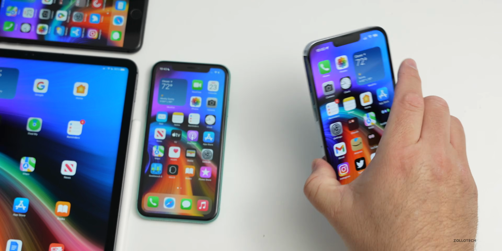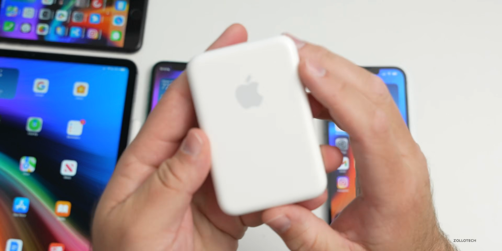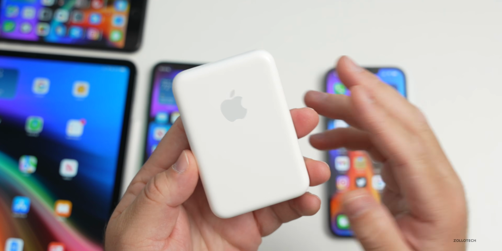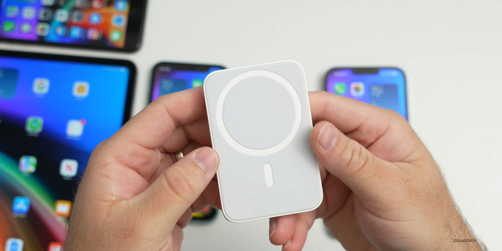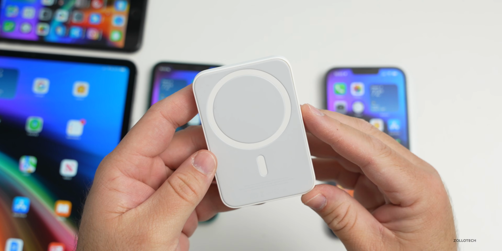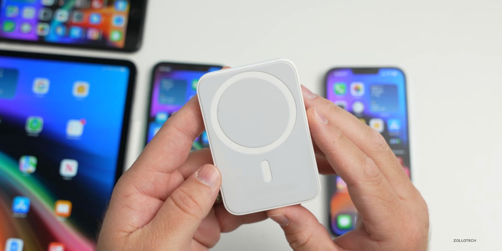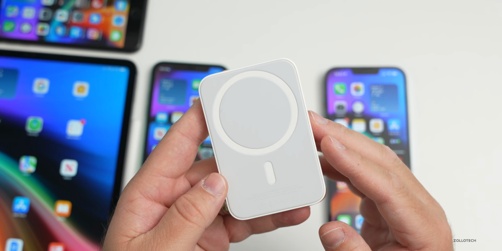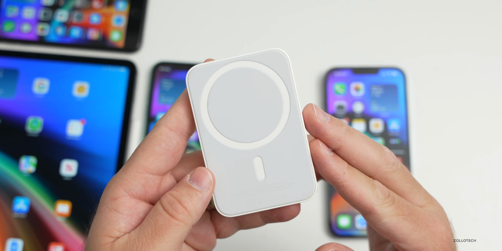Now, this past week, Apple also updated the MagSafe battery pack. So the MagSafe battery pack is a pretty simple battery. I've reviewed it before, done some charging tests, and this particular battery pack actually got an update that's fairly significant. So what it is, it's updated to firmware version